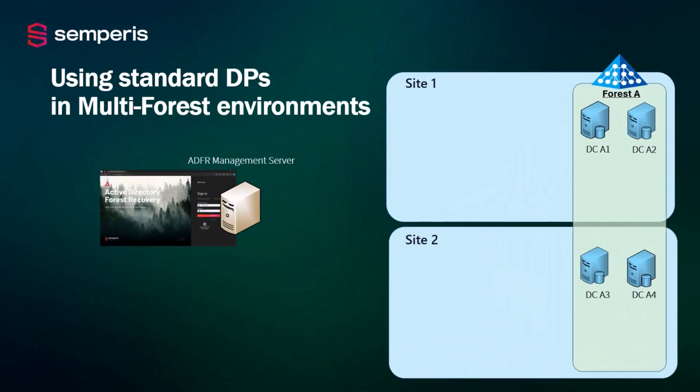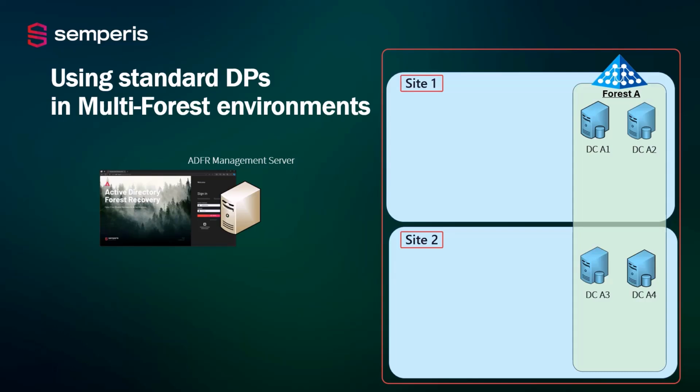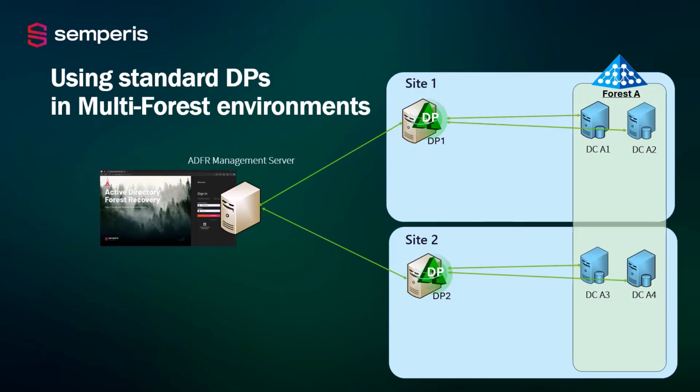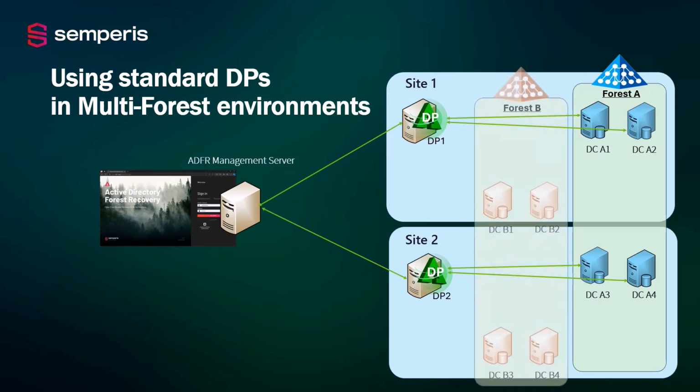Let's now review a common design pattern. In this scenario, a two-site forest requires local backups for optimal performance. To accomplish this, we simply place one standard distribution point in each site. At this point, DCs are backing up to their local distribution point in each site. Then, a second forest is introduced,